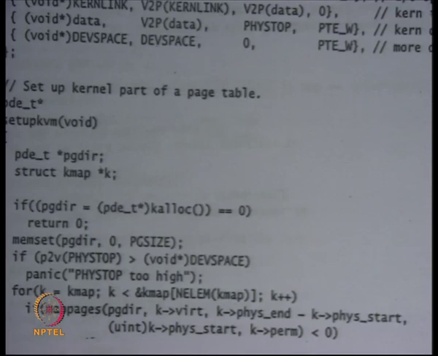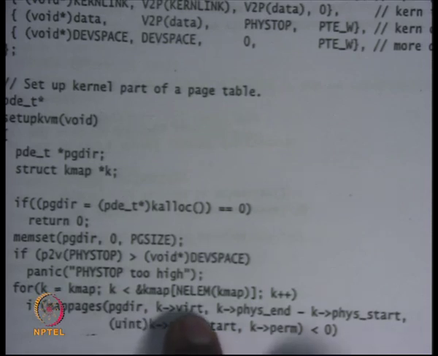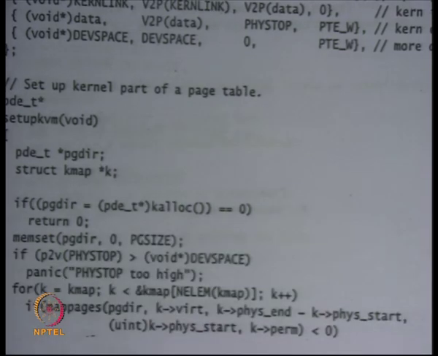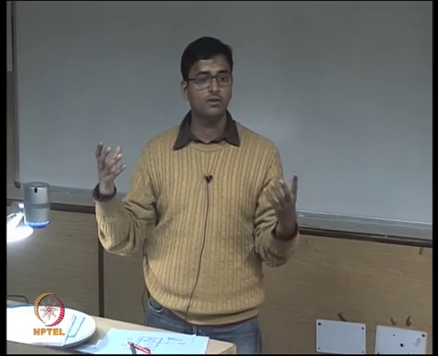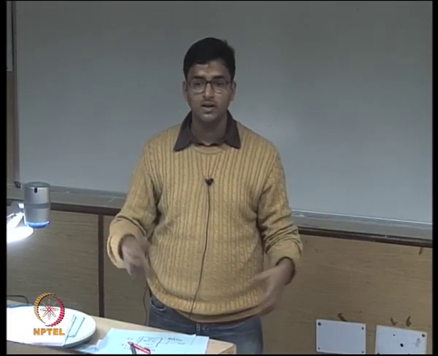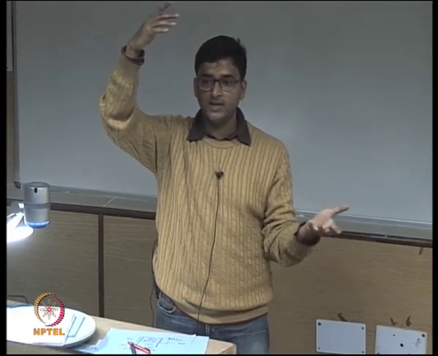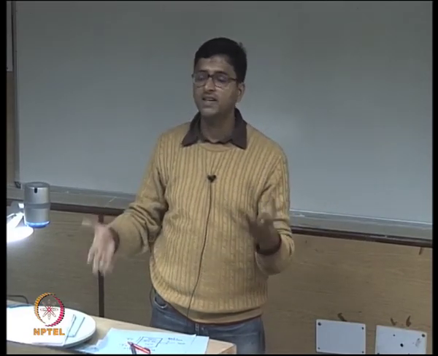What mappages is going to do is fill in this structure called pagedir such that this area in virtual address space gets mapped to this area in physical address space. And it's going to do it using small pages. Recall that I had said that one common optimization used in mainstream kernels is to use large pages to map the entire kernel. That saves space. But XV6 doesn't do that.